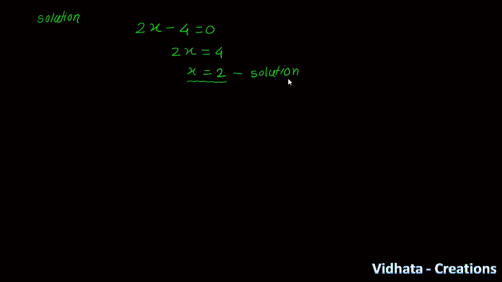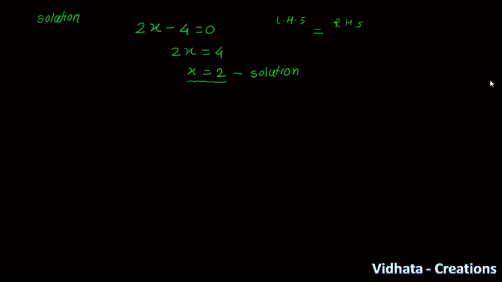But what is meant by solution then? Solution means if you put the value of x equal to 2 in this equation. What is meant by equation? You know, an equation contains an equal to sign, a right hand side and a left hand side, and it tells us that whatever you have at the left hand side and right hand side, the value of both the terms is equal.